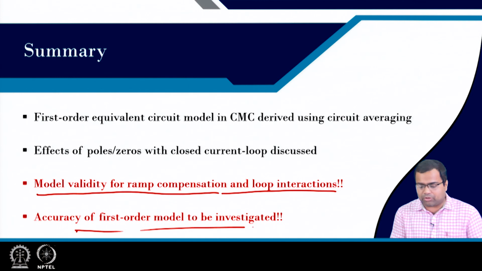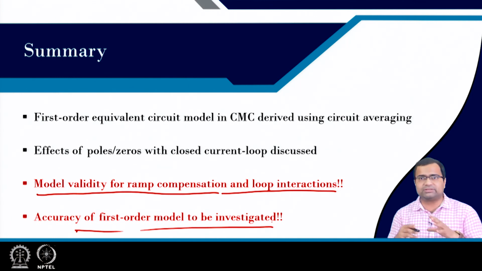Also the accuracy of the first order model we need to investigate, because it looks really nice, but I mean we can replace the inductor by a controlled current source, but we have to imagine that even if you change a very fast current reference, the inductor will not respond immediately, because it has a finite slew rate. That practical effect, as well as sampling effects, will introduce some other behavior. We can improve the model accuracy by incorporating those sampling effects, incorporating the modulator gain with ramp and so on. So, that we will investigate in a future lecture. So, with this I want to finish here. Thank you very much.